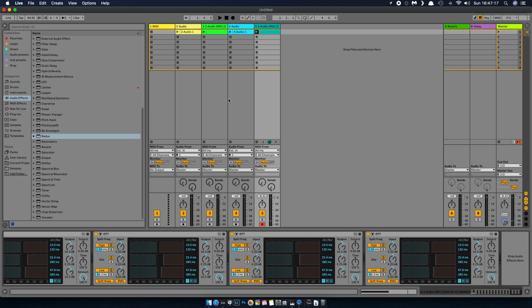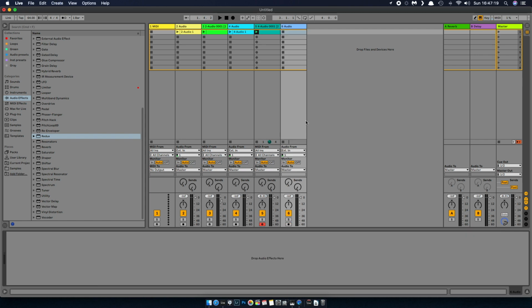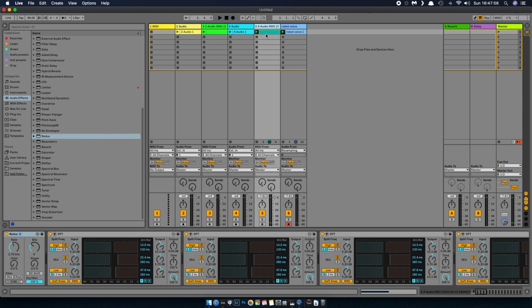Let's resample that. So I'm just going to make a new audio track, change that to resampling. If you're really pedantic, you can change the name of that there, so then your clip is renamed. In fact, we'll do that. We'll call this robot voice. To really speed up the project, do that now. Oh, I realize that's going to actually change. Okay, so we got like three of them, and